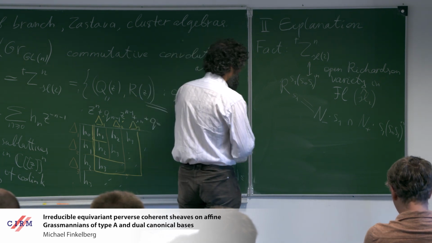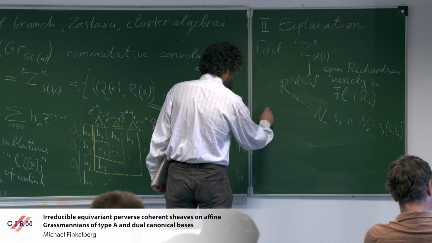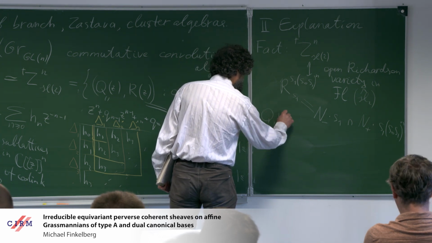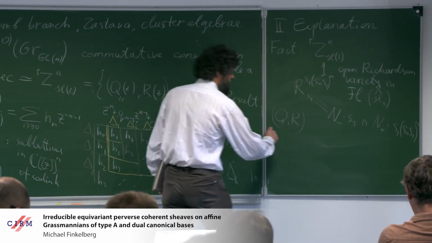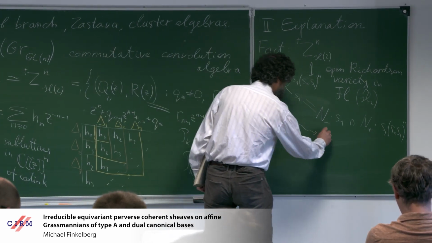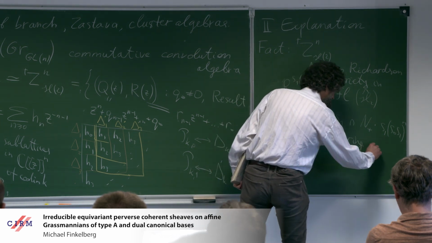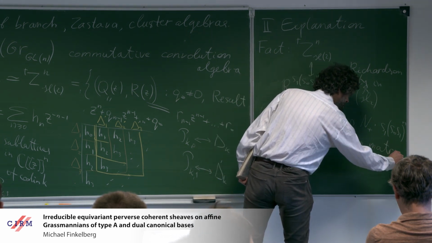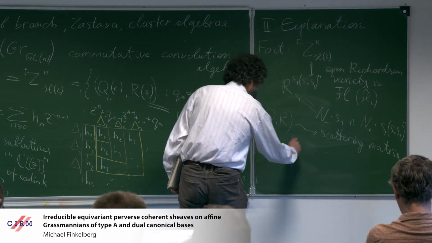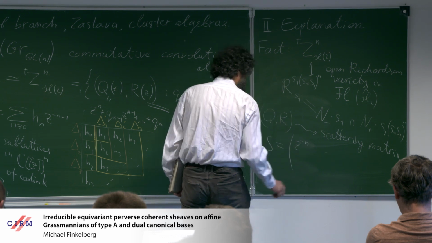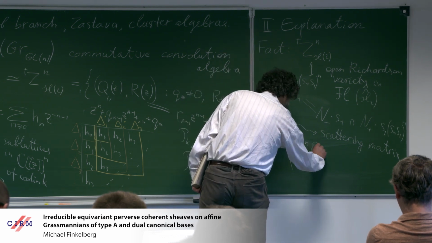So namely, we associate to the pair Q and R, like here, its scattering matrix S, which is just z to the power negative n Q,